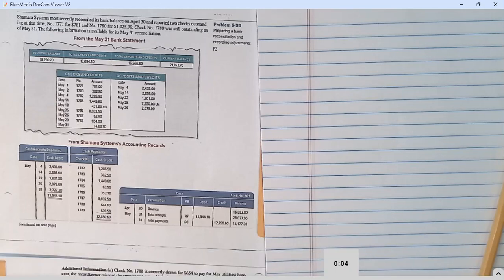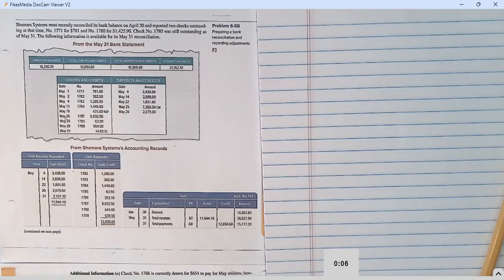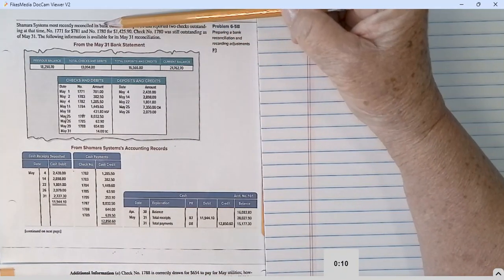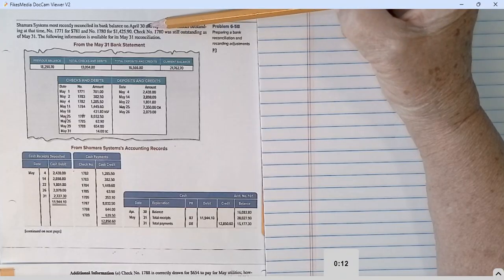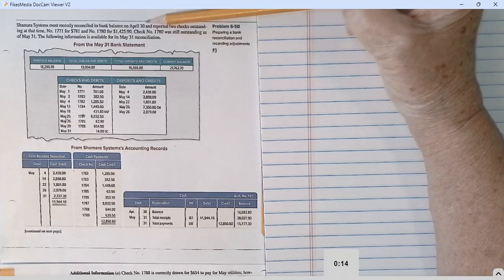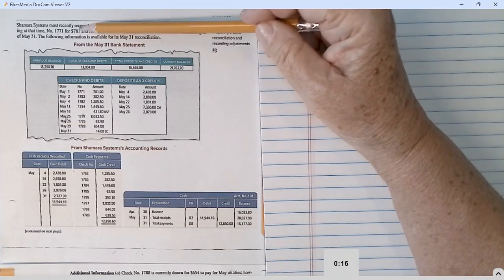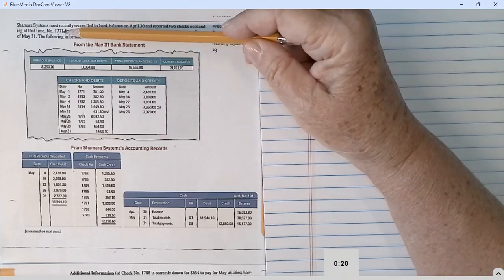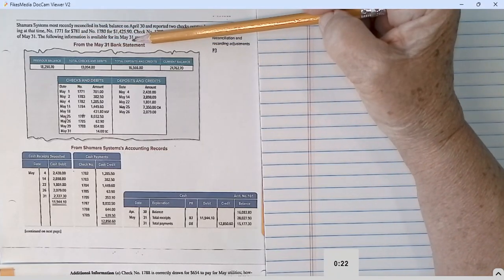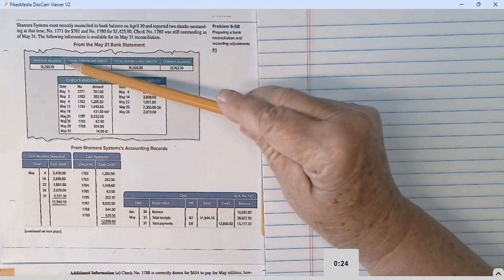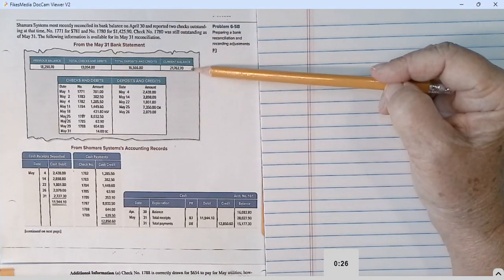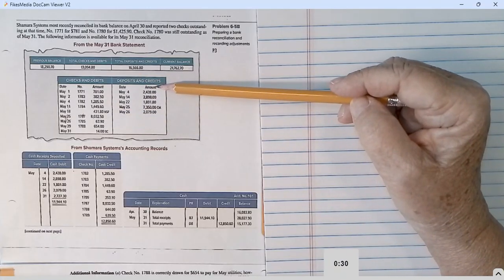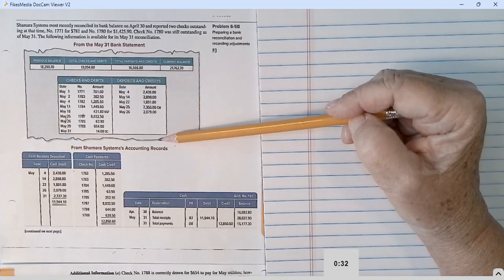This is another simple bank reconciliation, somewhat different problems in here. Samira Systems most recently reconciled this bank statement. As of the prior month, I have the information, 2 checks outstanding. Check number 1780 was still outstanding, and I have the following information for the May statement. So I have the current balance as of the bank statement, checks that were put through, and deposits that reached